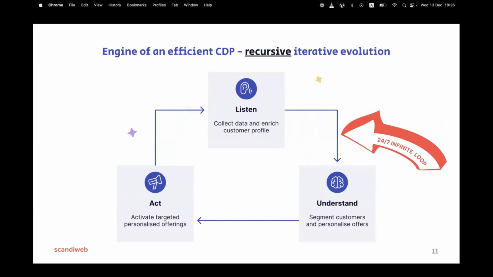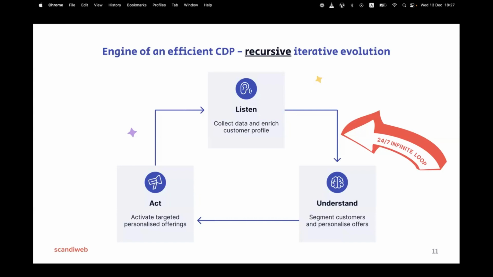It's not that, okay, we listened, we understood something, and now there is an action, bam. You send to an activation channel a certain message, a certain push through API. We do this, but then you still keep listening on other channels, and you still keep understanding your customer, and you still keep acting. Maybe you have sent a campaign, but then you listened to some events and think, I think an even better campaign is now relevant to this customer, and then you would send another campaign to your activation channel. So this cycle never sleeps.